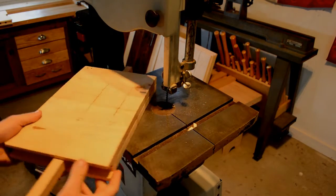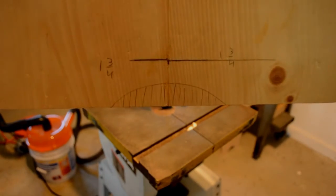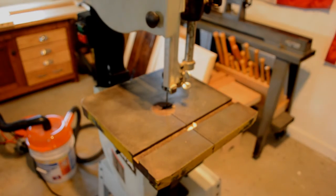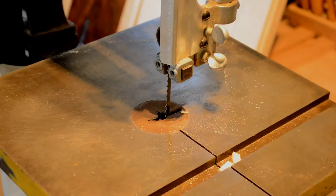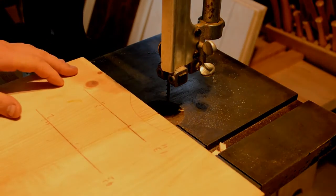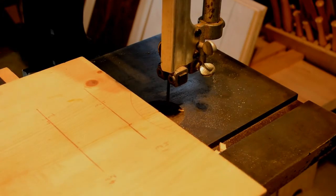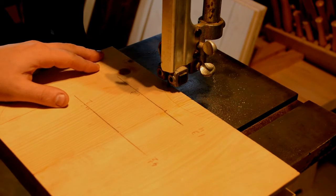Now I'm actually going to zoom in for this part, because what I'm going to focus on is cutting all those relief cuts and showing you the correct techniques on that. So let me just zoom in on that quickly. What I want you to pay attention to is where my hands are and how I approach the cut. So when I cut straight, I can draw rearward with that cut. So I'm going to do one right here, two,